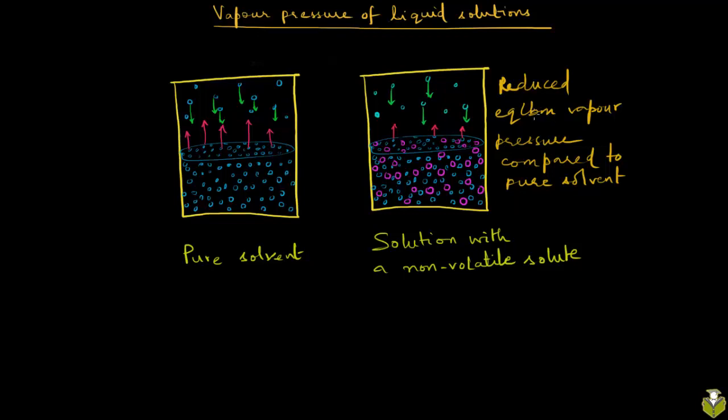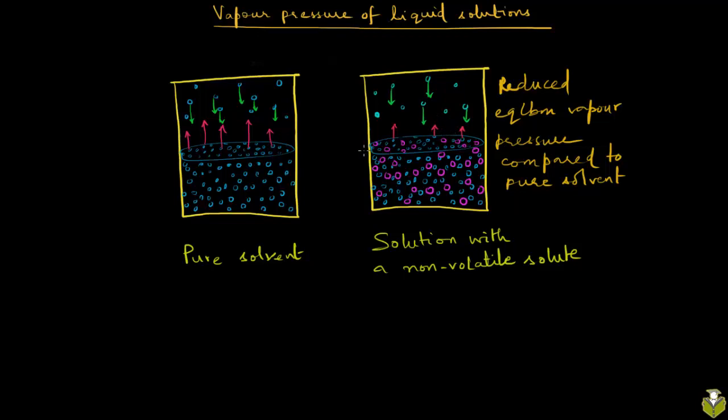Let's think about how to determine quantitatively what this reduction in vapor pressure would be for a solvent in a solution like this versus for the solvent when it is in its purest form. Just by looking at the schematic, you can intuitively say that the greater the concentration of the solute, the more surface sites are occupied by the solute particles. Hence fewer sites are occupied by the solvent molecules, and the vapor pressure of the solvent is also decreased by that much. So that makes sense intuitively.